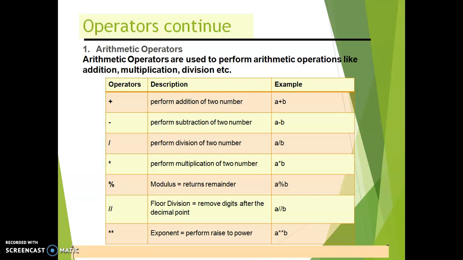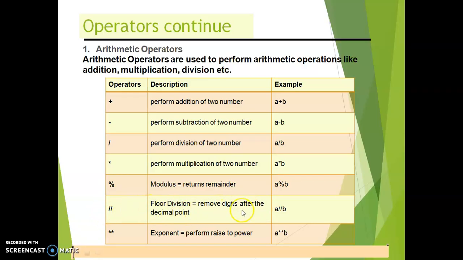Operators continue. First we have the arithmetic operators. Arithmetic operators are used to perform arithmetic operations like addition, subtraction, division and multiplication. Modulus returns the remainder. Floor division removes digits after the decimal point.